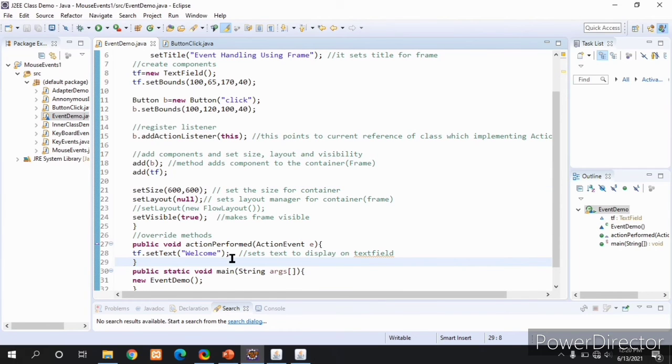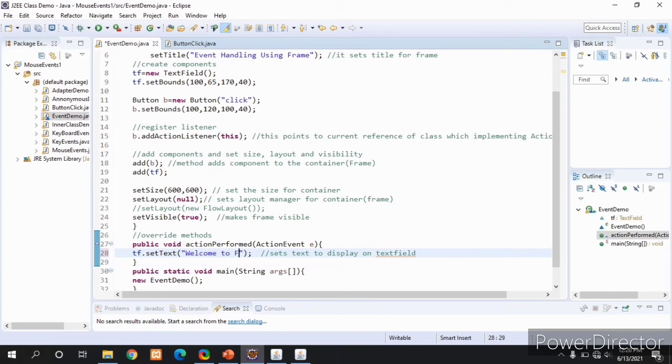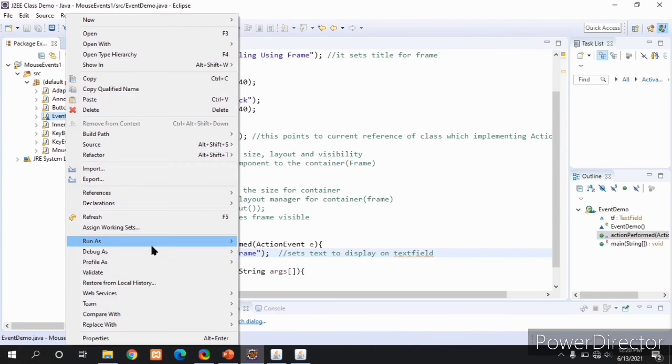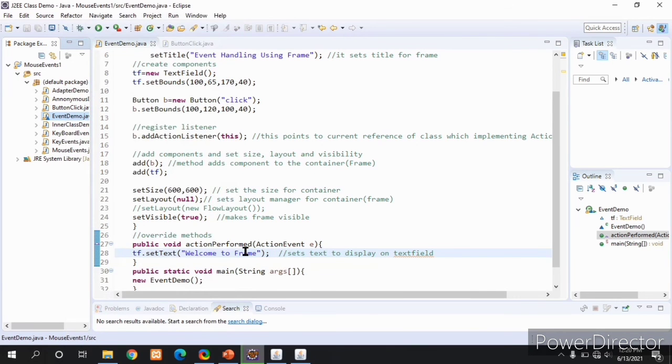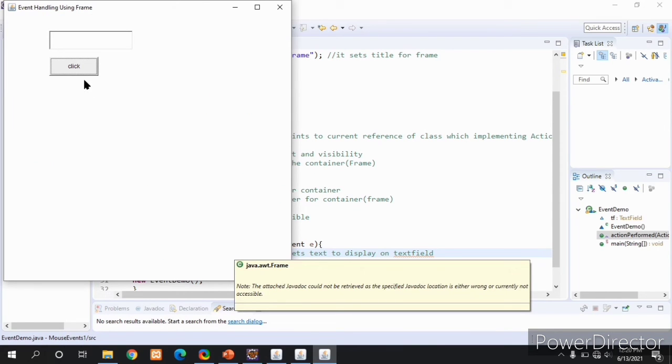Okay, I will change this now. Once again I will execute this, and I will click on this button. It will display welcome to frame.